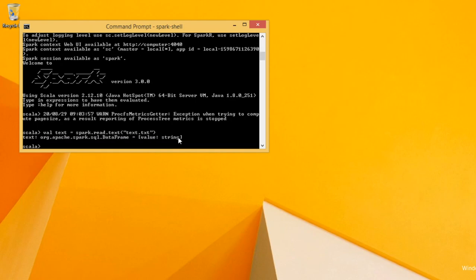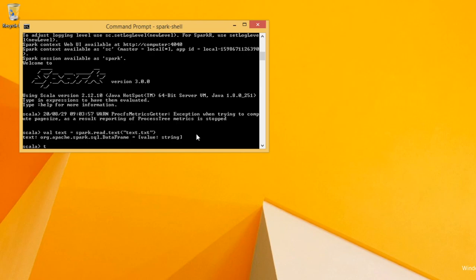And again, when we read it, it will output the data type as DataFrame, and there is something, value and string, here. We'll see what it is in JSON, where it will be more evident. It's just a column. We have one column here, value, and the type of that is string.